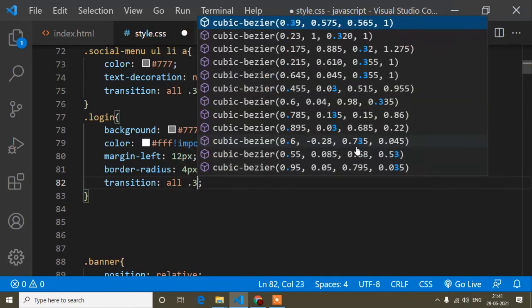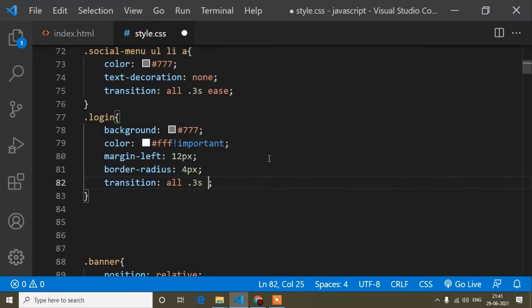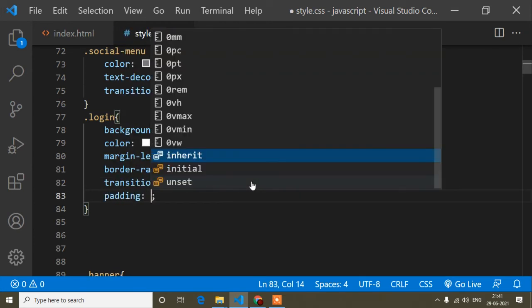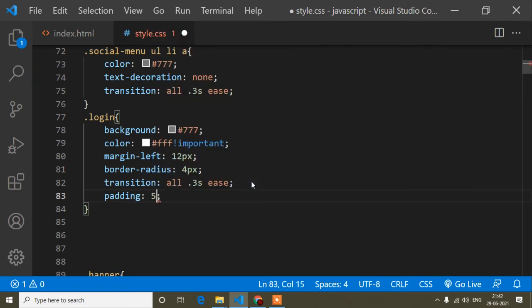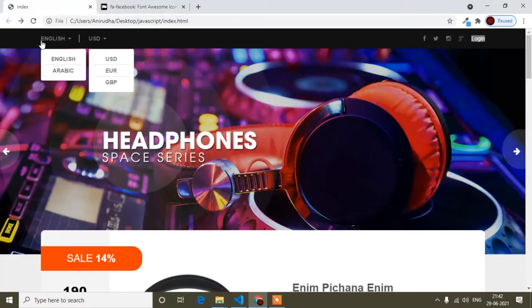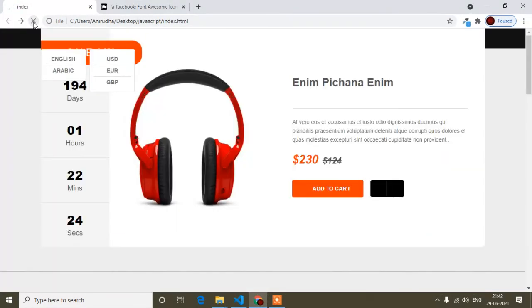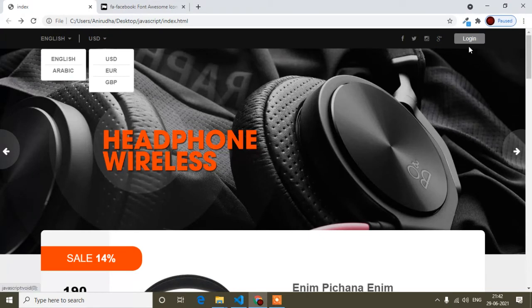So all 3s ease, okay. So this is done, and now I will add the padding. So padding is 5 pixels for top and bottom, and 22 pixels left and right, this one. So save and refresh. You will find the border is now looking like that.